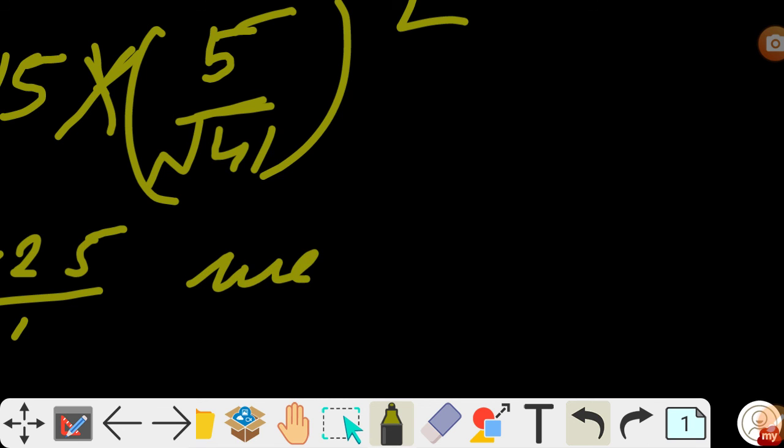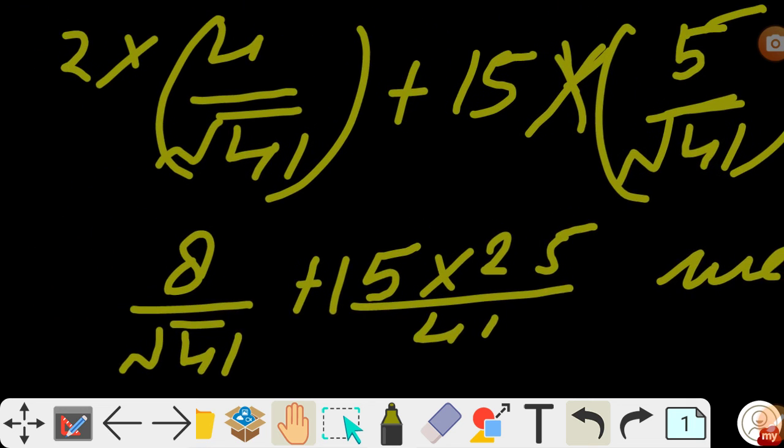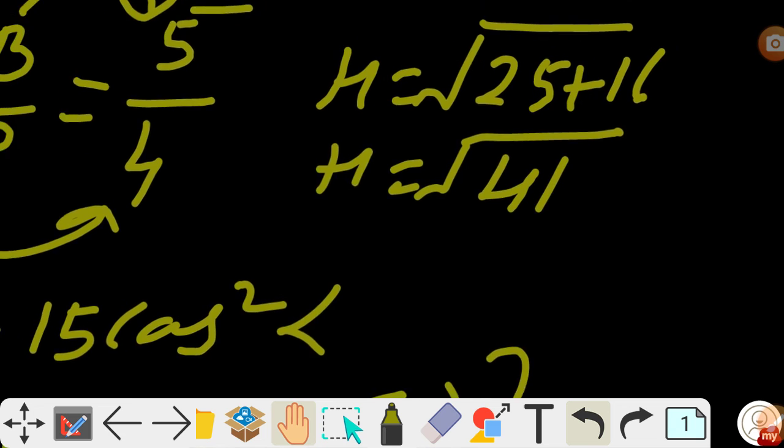We can't add this, so option B, option C, option D, all options are incorrect here if we put the value of the other options also. I hope you are able to understand this question. I will try my 100%